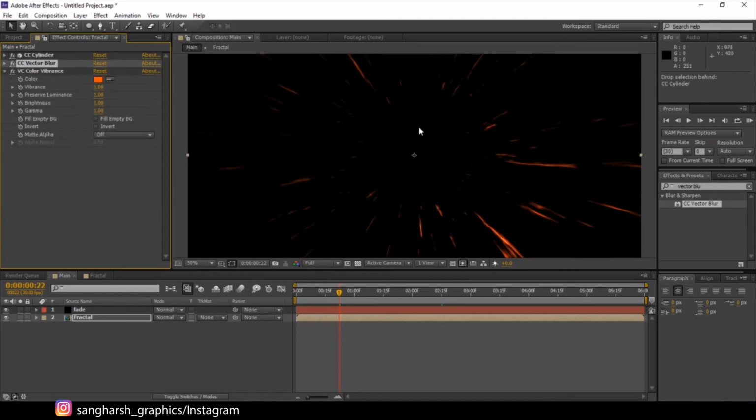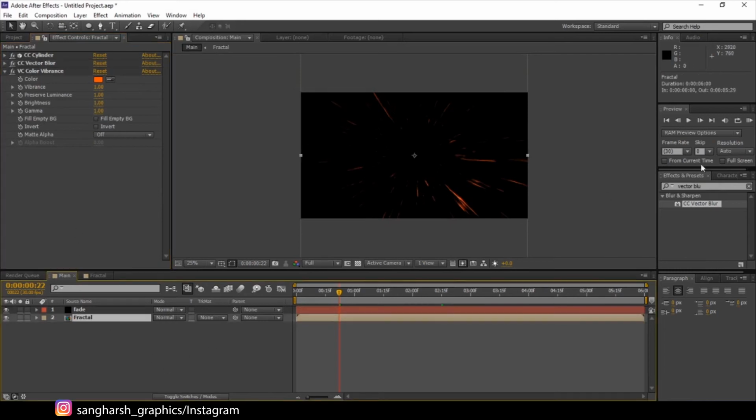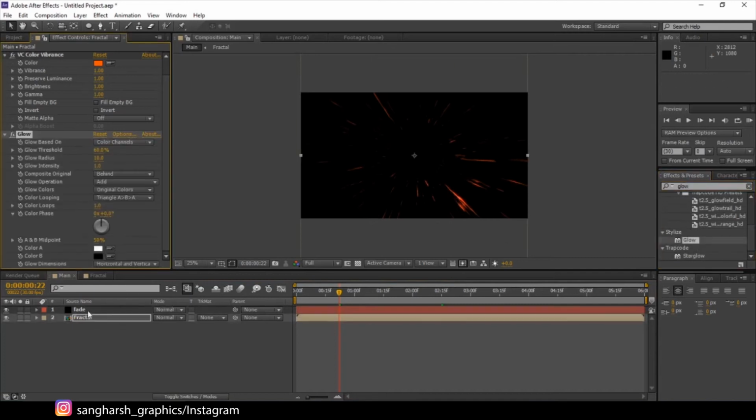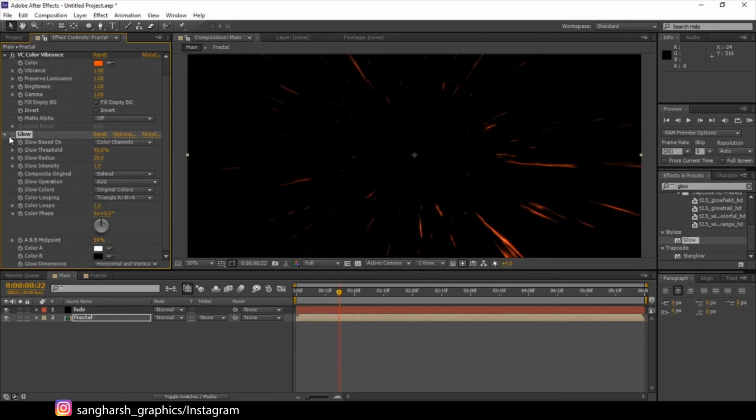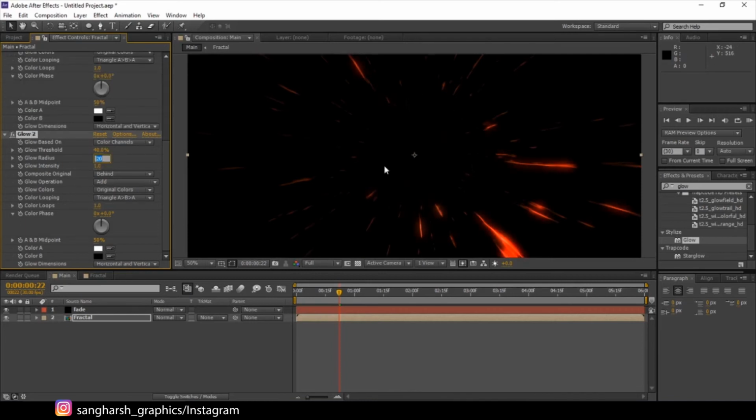So time to add glow. Select the fractal, search for glow, apply it on the fractal, make the threshold 40. Let's make the radius 20, like this. Let's duplicate the glow by pressing Ctrl D. Now increase the radius to 80.